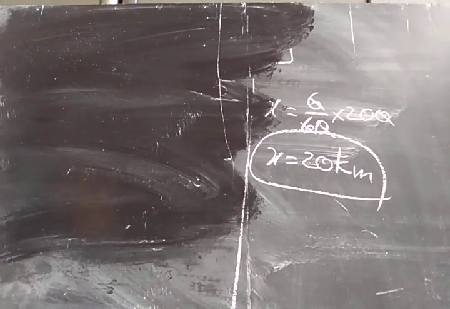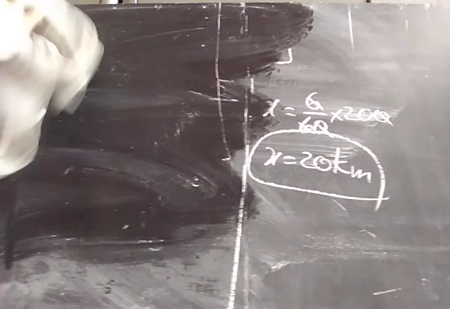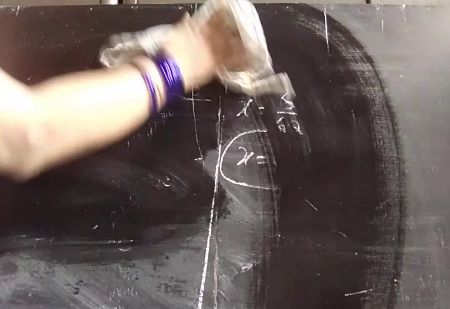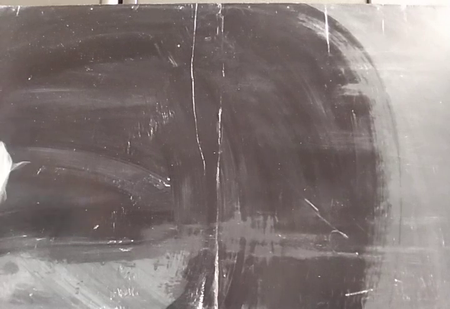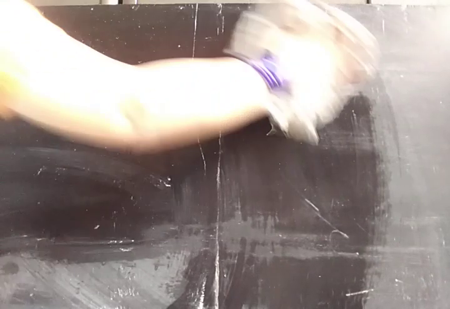This is the new method only, na. If you did not understand, repeat the sum two or three times, then you will understand the solution. Why? Because this is a new method for you. This is a time and distance sum. Okay.